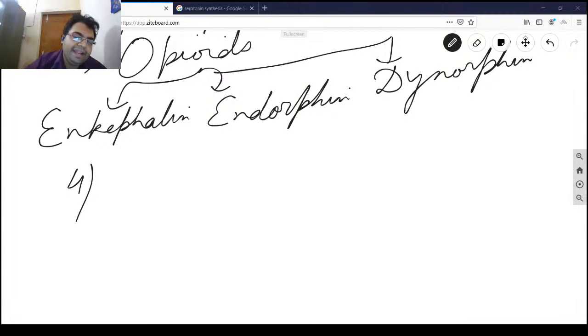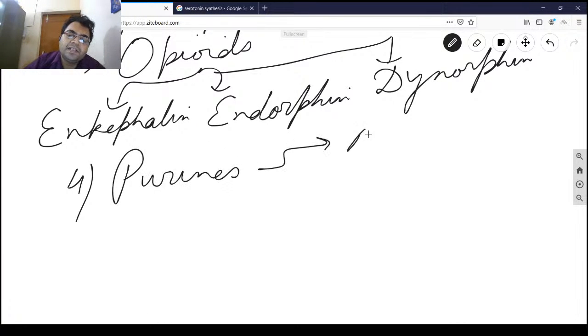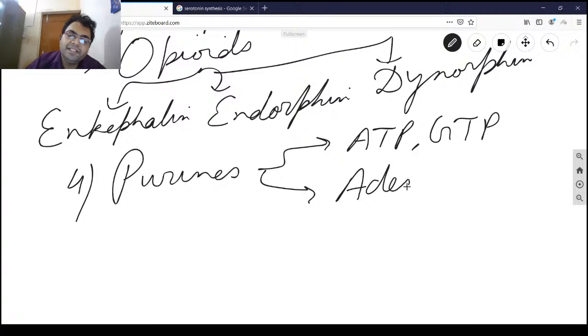Purines are ATP, GTP, and adenosine. Even simple adenosine, meaning adenine plus the ribose sugar, can also act